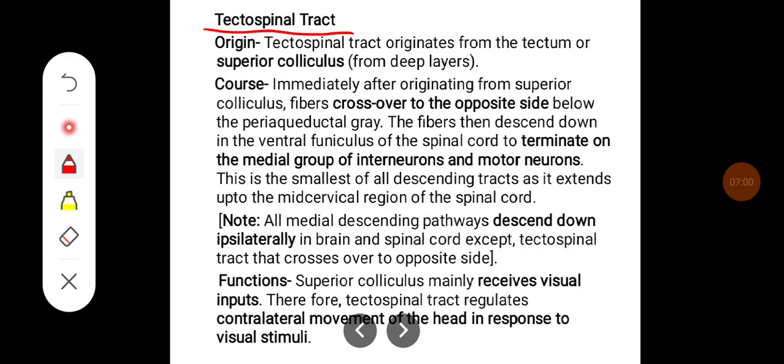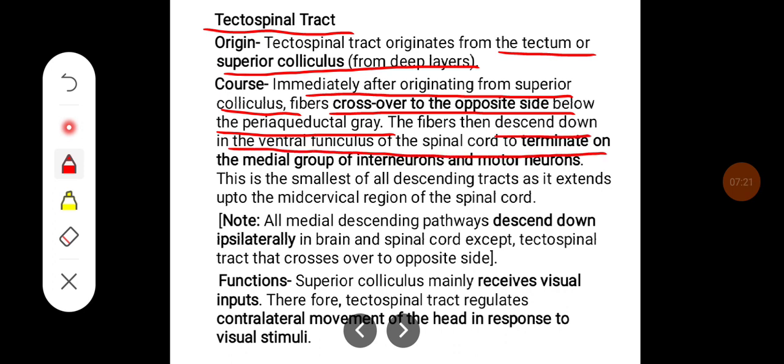Coming to the tectospinal tract, these originate from the tectum or the superior colliculus, that is, the deeper layers. Immediately after originating from the superior colliculus, they cross over to the opposite side below the periaqueductal gray. The fibers then descend in the ventral funiculus of the spinal cord to terminate on the medial group of interneurons and motor neurons. This is the smallest of all descending tracts as it extends only up to the mid-cervical region of